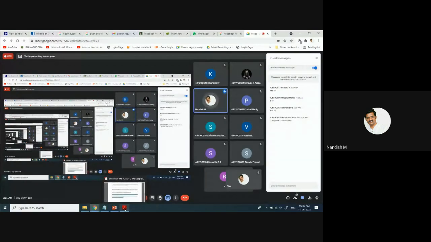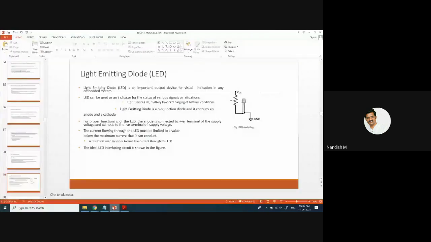All the other things you are going to get in other devices also, but low power is in this LED itself. It is always an output device, and it indicates something in an embedded system. You can see LEDs everywhere, even on the adapter of a night lamp there is an indicator.